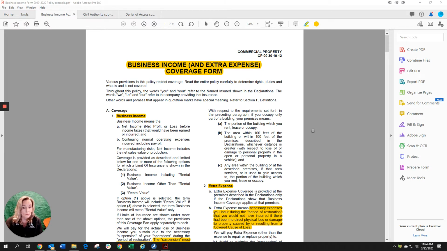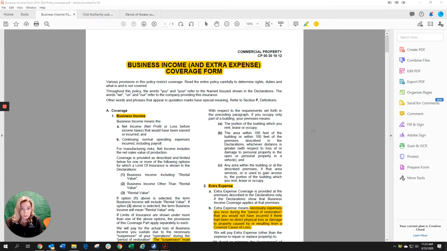I am not a lawyer. If you feel like you want to submit a claim to your insurance carrier, then do so. But I also believe that people need to understand what their policy provides coverage for and doesn't before the loss and after. So I wanted to review a standard ISO, Insurance Service Office's business income form.